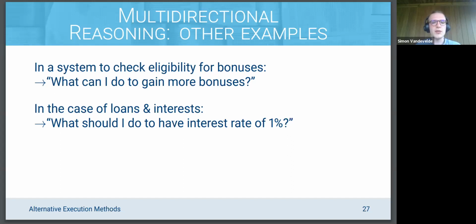Now, of course, as with any good technology, sadly, this could also be used in reverse. Say you're a bank and you want to always have the highest interest rate possible, because then you get the most money. Technically, you could also use it for that purpose. I don't condone that, but it's possible.